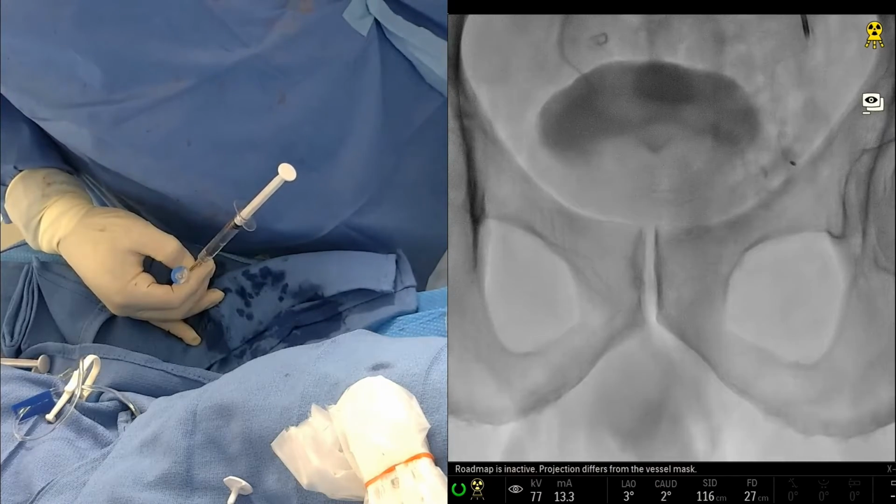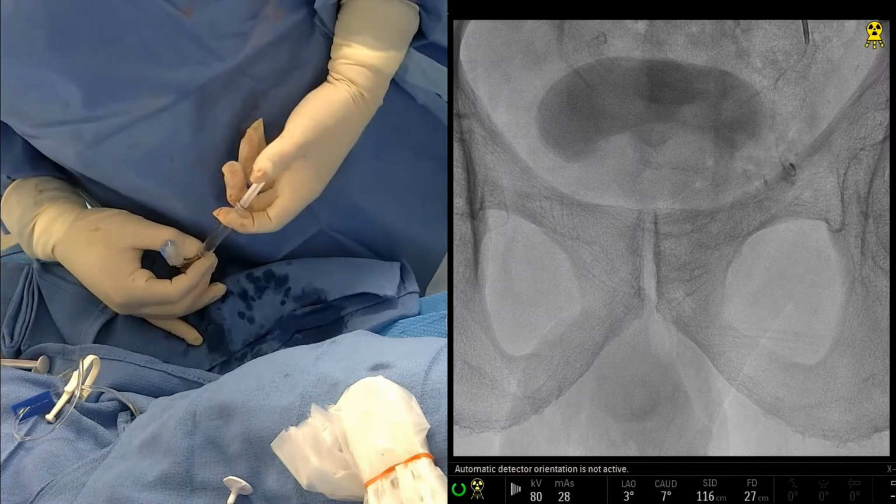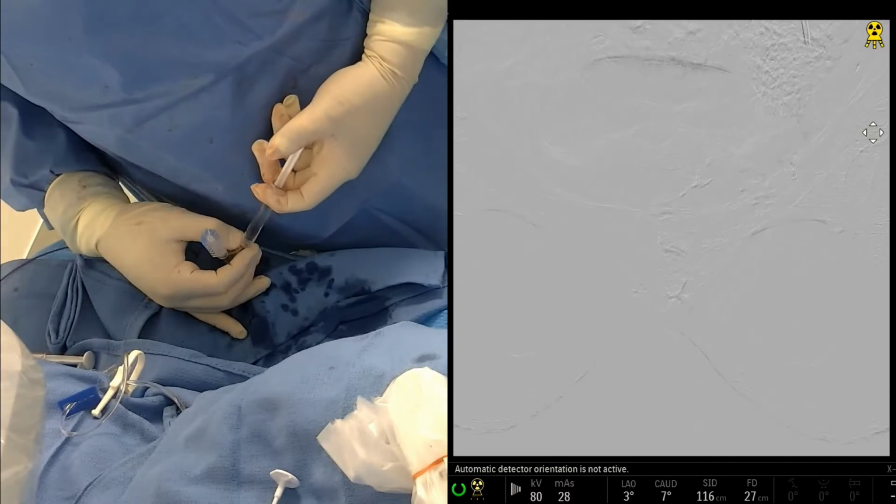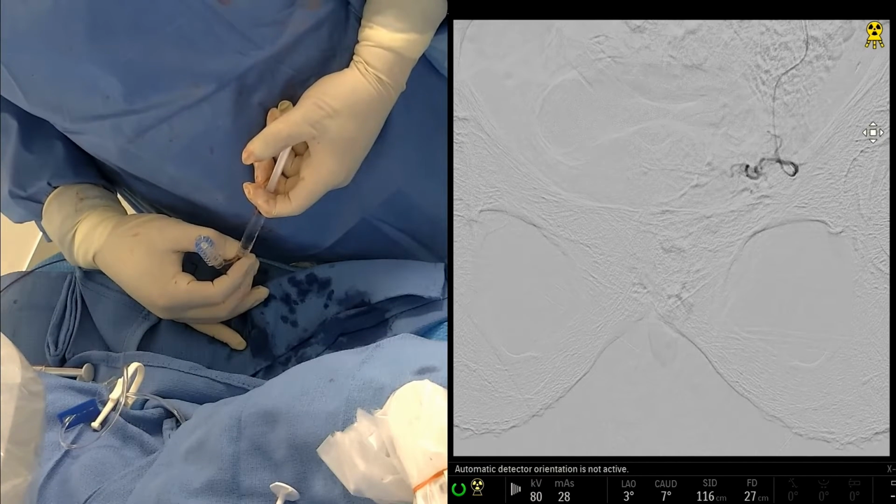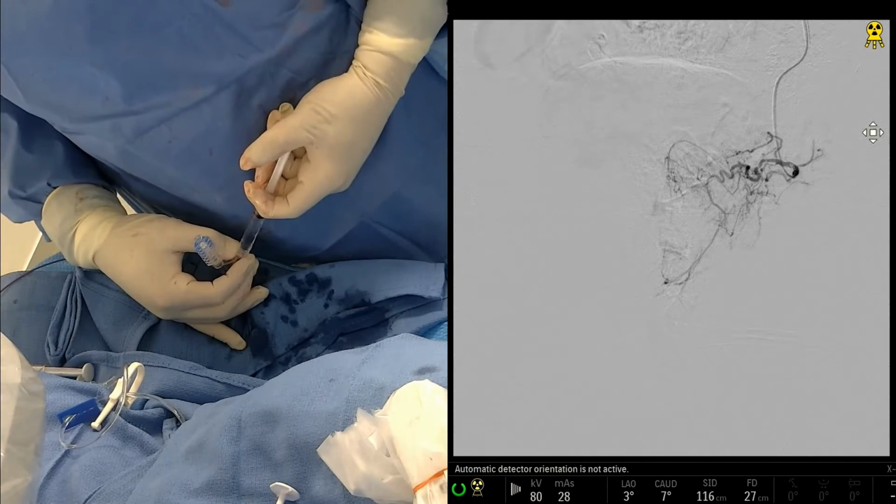I think from a practical perspective, I don't think any of us are routinely screening folks coming in by imaging the chest. When we do the CTAs ahead of time, unless they've had a CTA already,